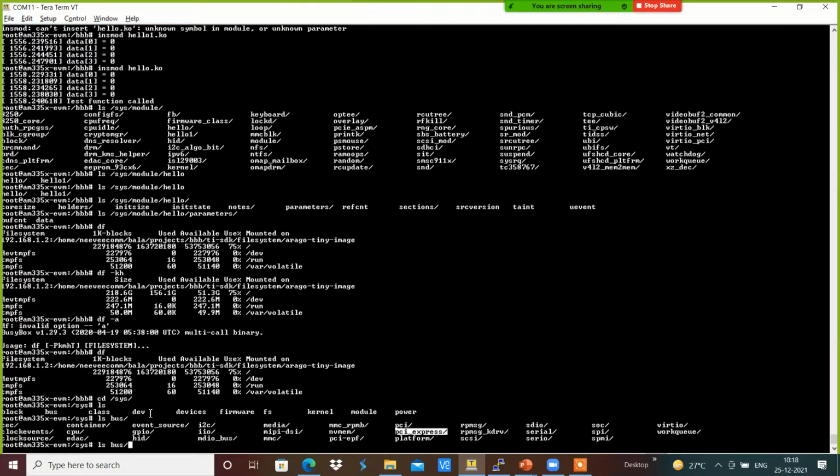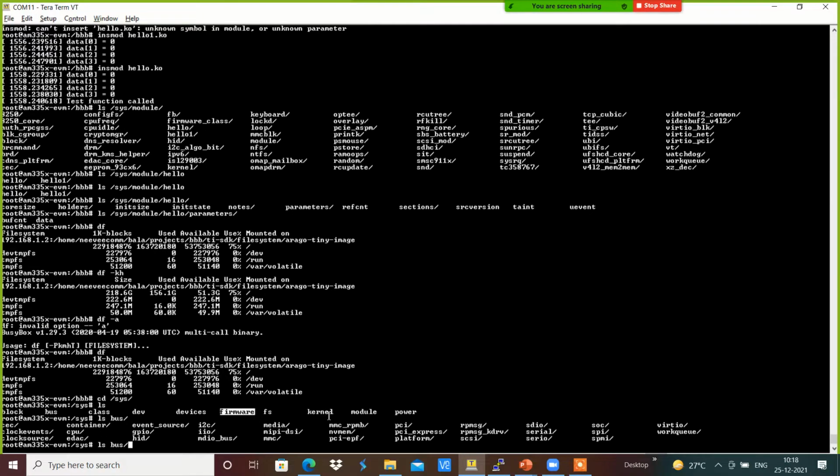With respect to the class, devices, and module we can get the information. With respect to the firmware, what firmware was loaded by the kernel module, we can get that as well.